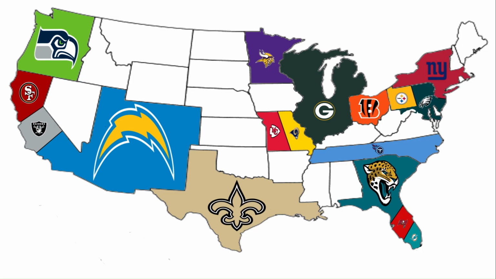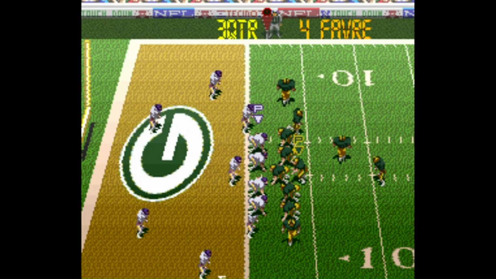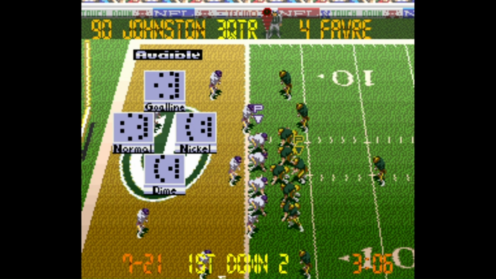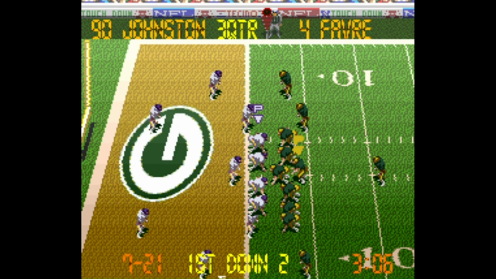The Vikings are going to go to the East. That's going to give the Packers the opportunity to eliminate every team in their division. This game is next. The Packers lead by 14 in the third quarter. They're on the doorstep looking for more.